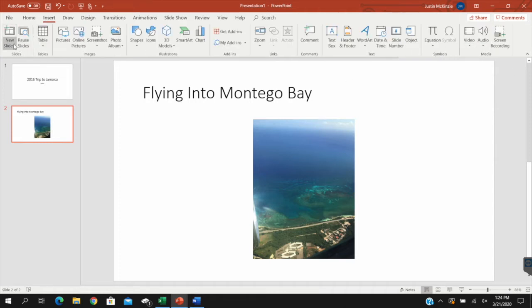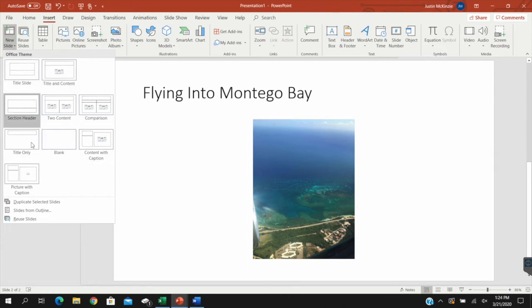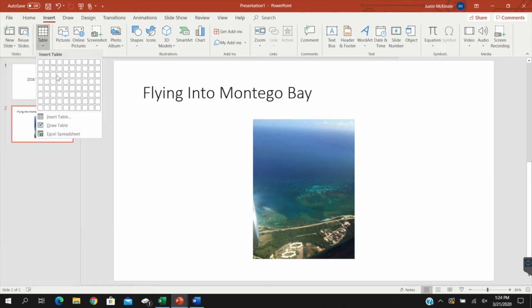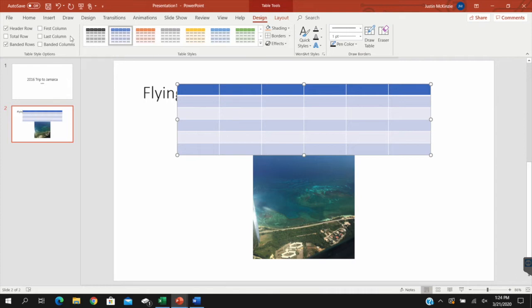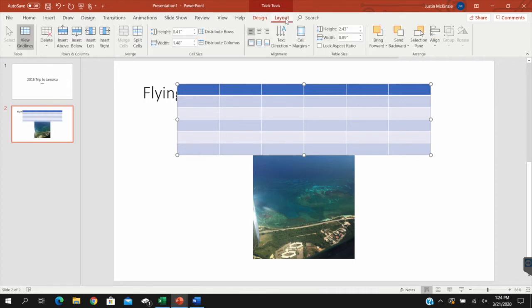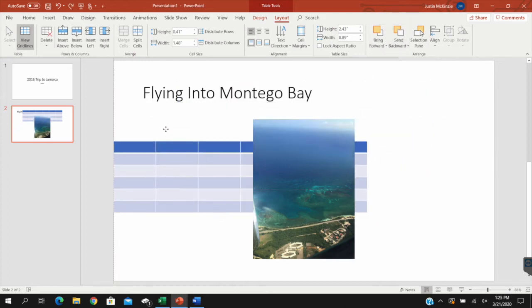When you insert, we've already covered your insert new slides, reuse slides. You can insert tables. When you do that, you have your design and layout table, just like in Word. You can do a lot of customizing in here, inserting and deleting rows and columns, splitting cells, adjusting heights, and all of your font alignment. You can even bring it forward or send it backwards. So now that my picture is in front of it,